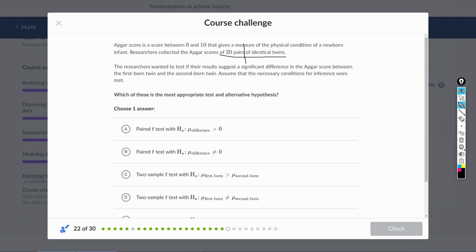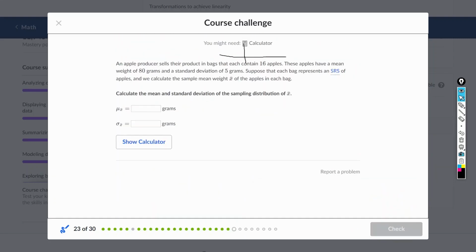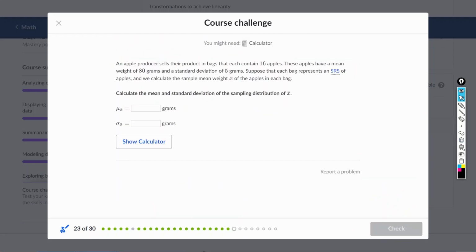Assume that the necessary conditions were met. 那么这个应该用 paired 的吧，因为他们都是两两配对了嘛。Want to test the difference，那么应该是 mu 不等于0。